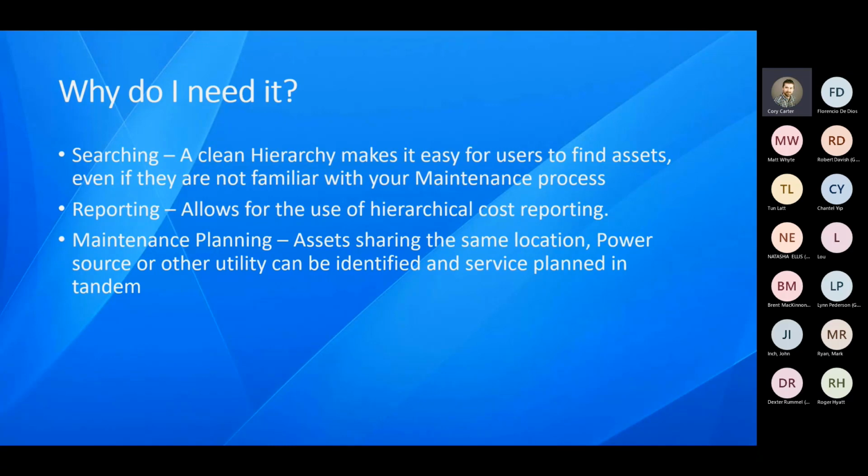The hierarchy helps us with searching. A clean hierarchy makes it easy for users to find assets, even if they're not familiar with your maintenance process. When someone is submitting a work order,